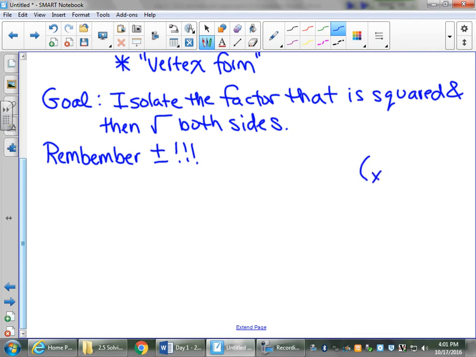had something like x plus 2 squared equals 0, I don't know why that calibration is so off right now,